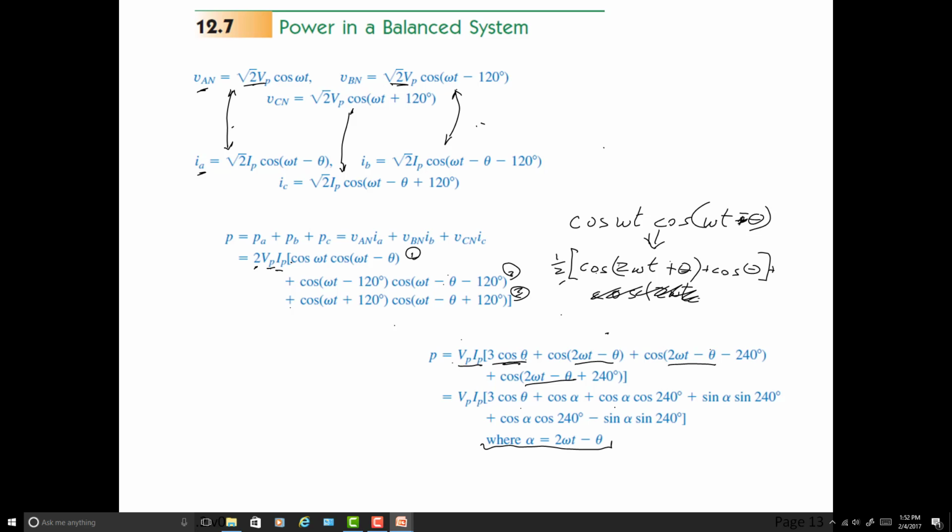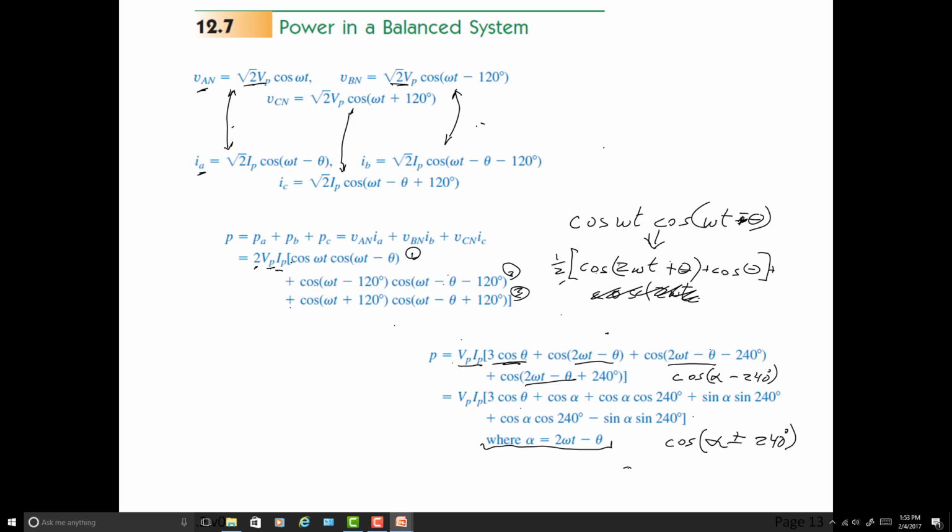Okay, and then here's a sine alpha. Now this became crazy because of what? I needed to expand cosine. This is going to be cosine alpha minus 240, right? So I had to go in and make yet another substitution, and that substitution is this one. I'm going to have to make it again down here with cosine alpha plus 240. So the substitution is cosine of alpha, and I'll put it as plus and minus, in our case 240,